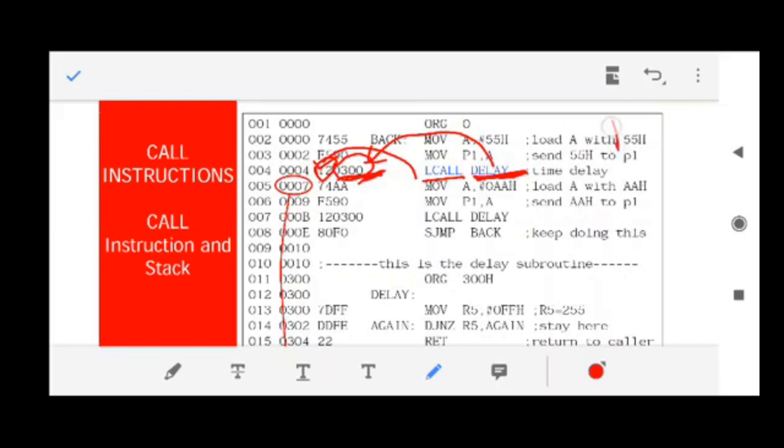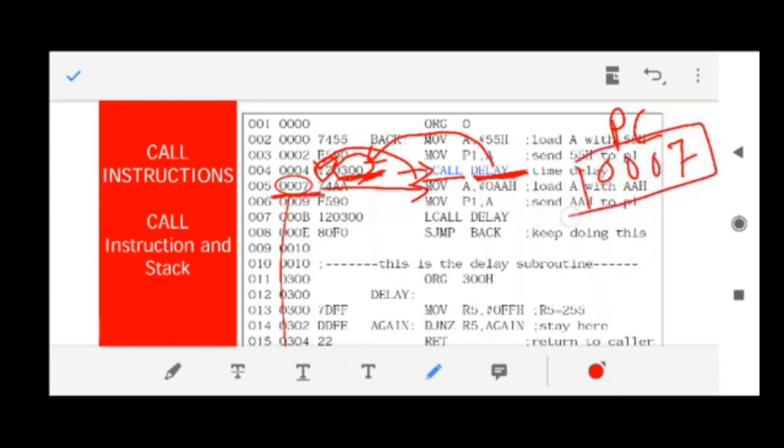What is the value of the program counter here? Please tell me. The value of the program counter is 0007. Fine. The address of the next instruction. So currently you are executing this instruction. The content of the program counter is 0007.